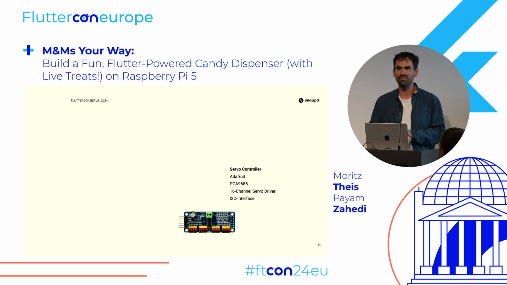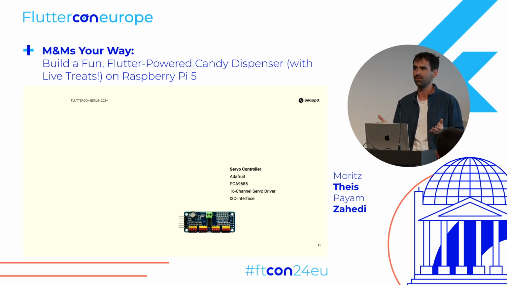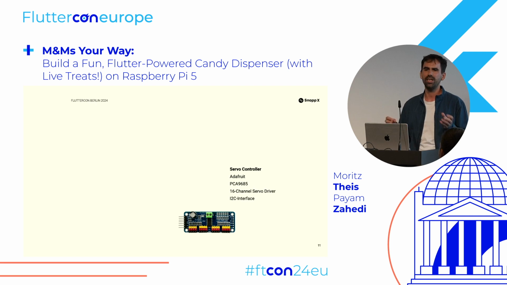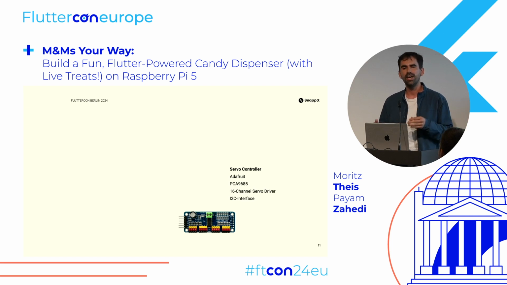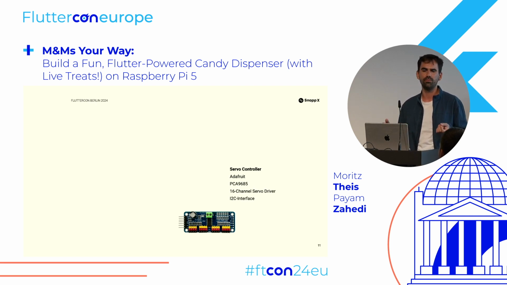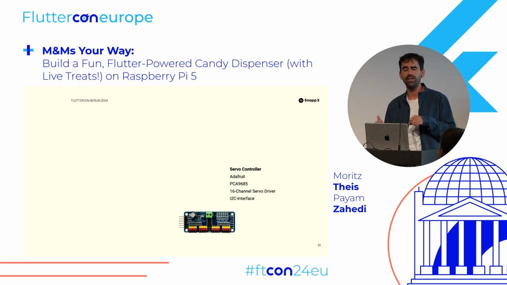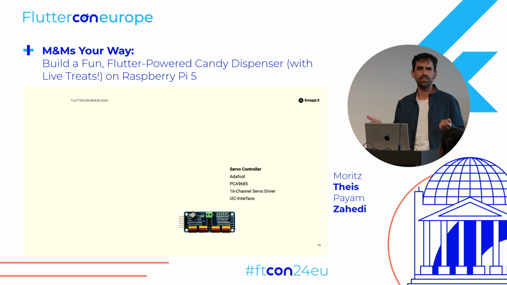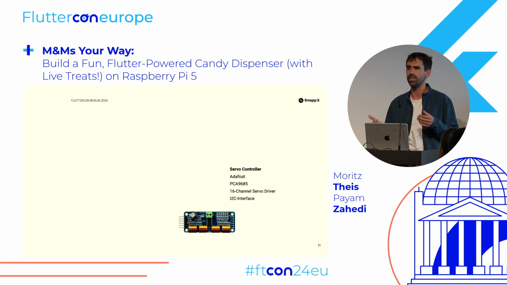So next part we have is the servo controller. We're using one by Adafruit here, and this part is, to describe it, more or less the translator between the Raspberry Pi and the servos. It can connect up to 16 servos, and those are controlled by a pulse width modulated signal. The board itself connects to the Raspberry Pi through I2C. This is just a very common bus system to talk between different boards or different chips in the embedded